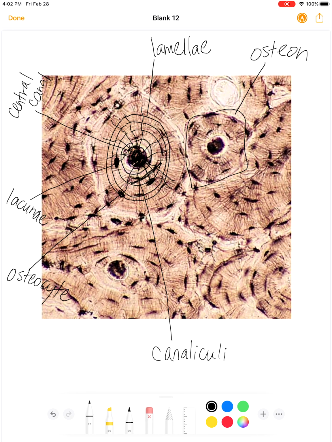All right, so that pretty much goes over what I want you to know for the osteon, for compact bone. So let me know if you guys have